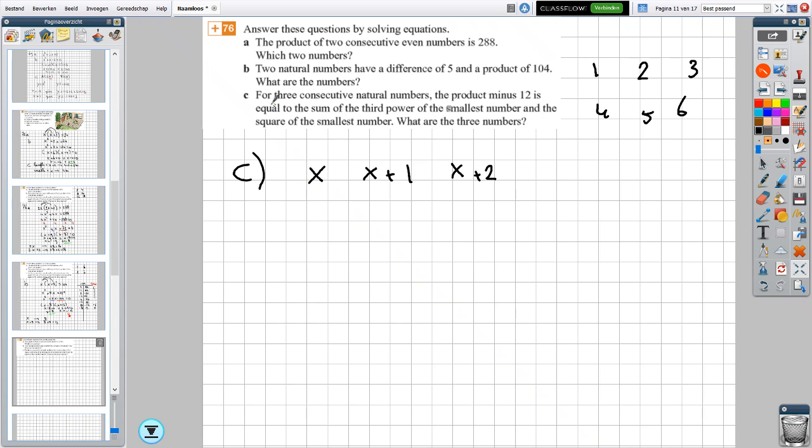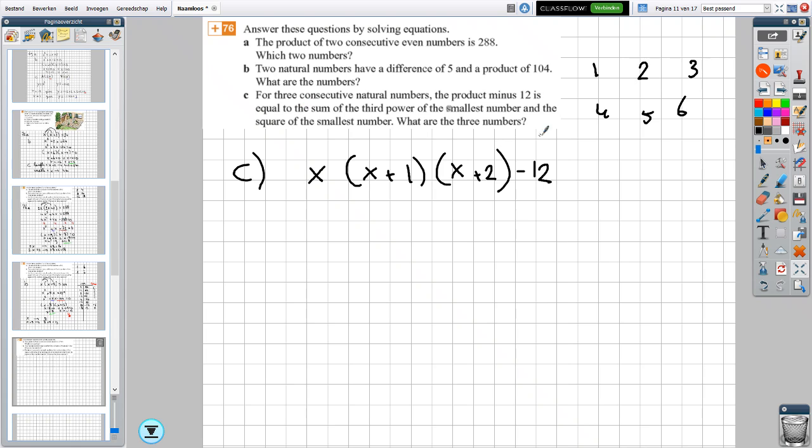I'm going to have to say that it's equal to something. The product minus 12, they also say. For the 3 consecutive natural numbers, the product minus 12. So I have to multiply this again. That's the product of those numbers. Minus 12